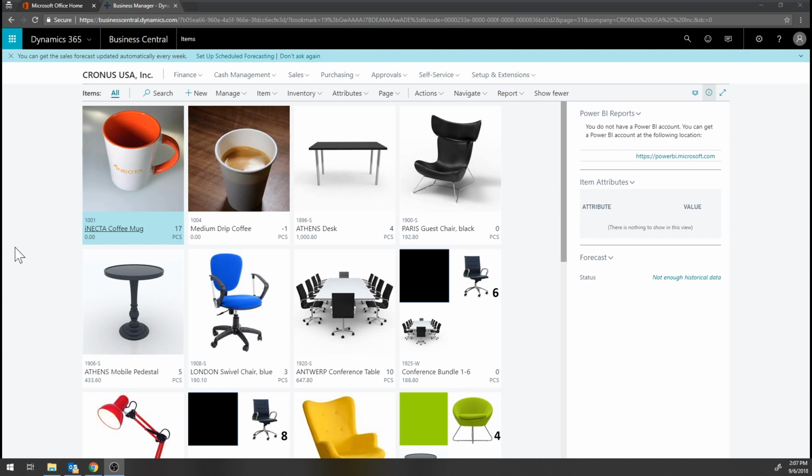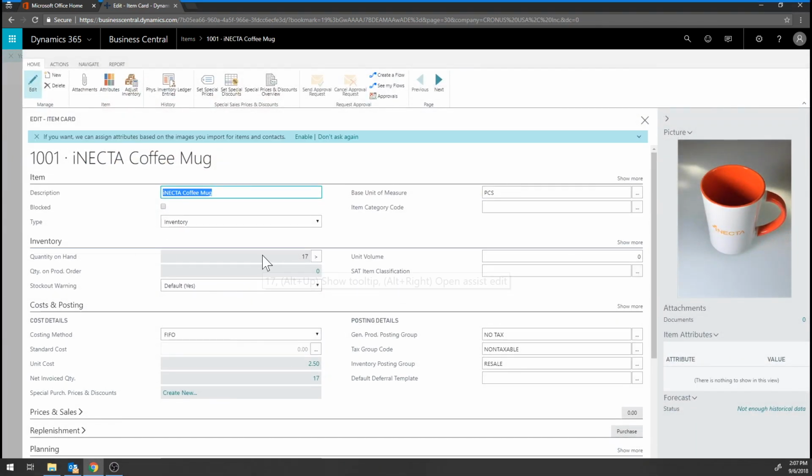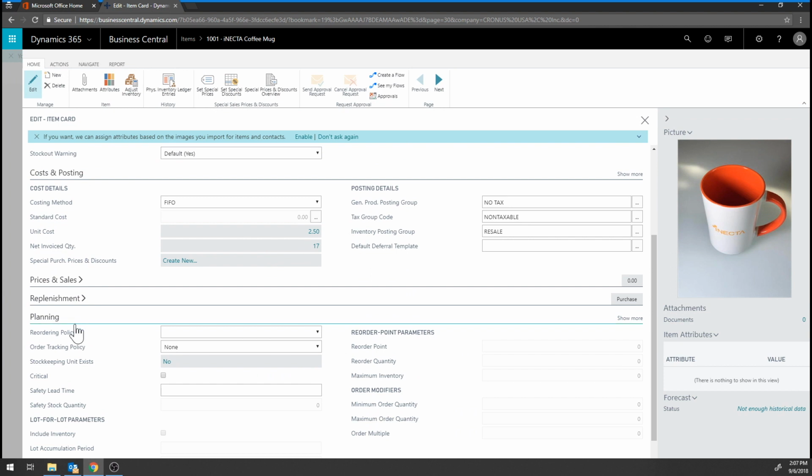But before you start, there's a setup that needs to be done. I'm going to use the Enacta coffee mug right here. Just click on that. If I go here into planning, we need to set up the reordering policy to have something. When you start to create an item, it comes in blank. We're just going to set it here to order. In a later video, we're going to explain what these options mean. But for right now, we just want the system to place an order if you go below 0 in the